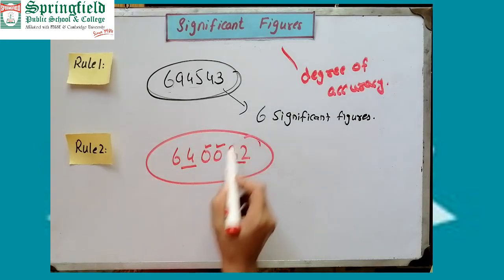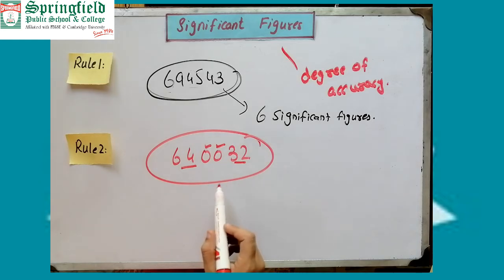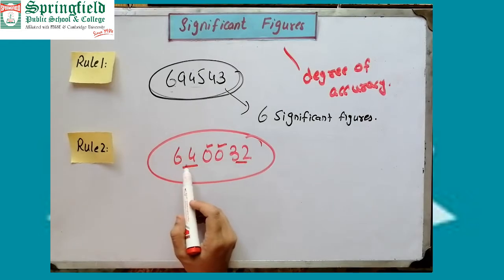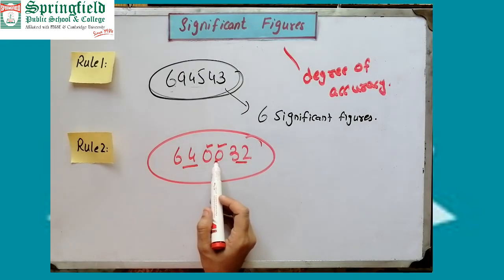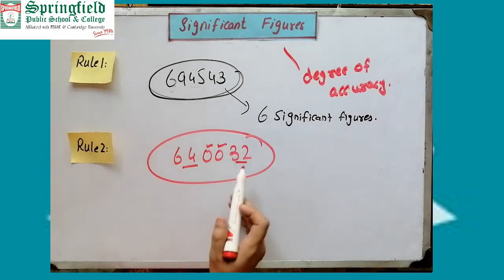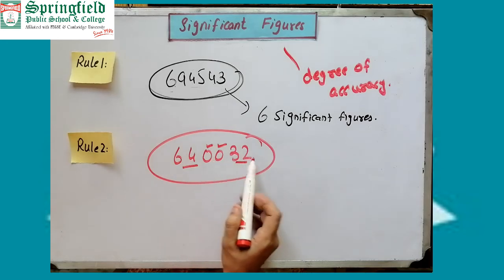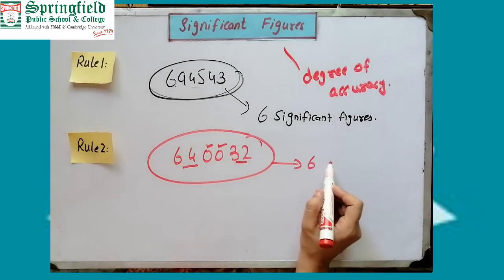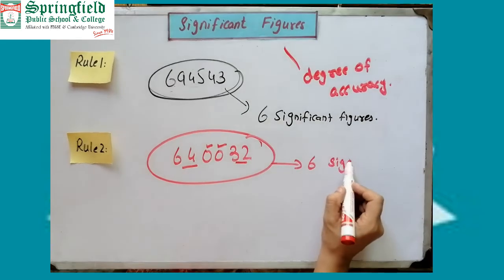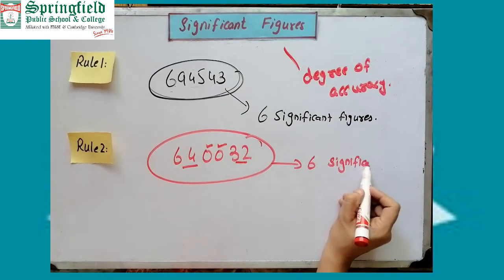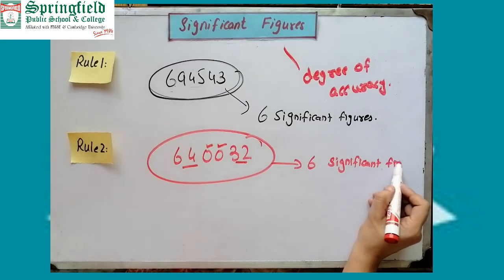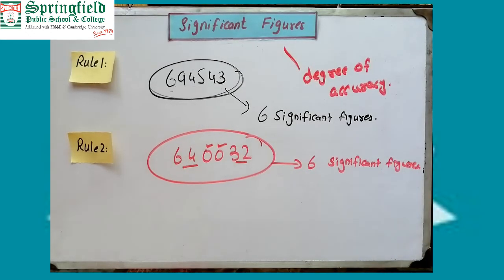So how can we check that? How many significant figures does this number have? 1, 2, 3, 4. It means we will count these two zeros, because these two zeros are between the non-zero digits. So 1, 2, 3, 4, 5, 6. This number also has 6 significant figures. Understood? And in rule 3